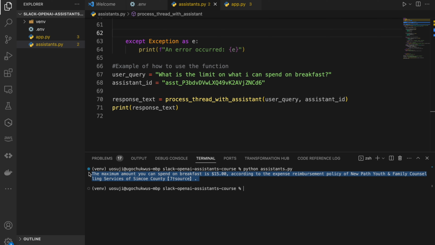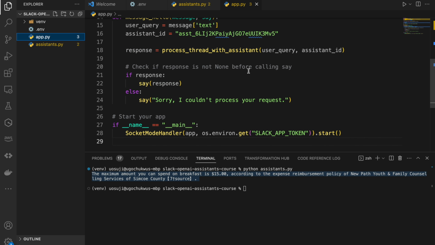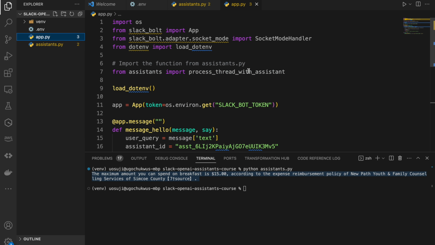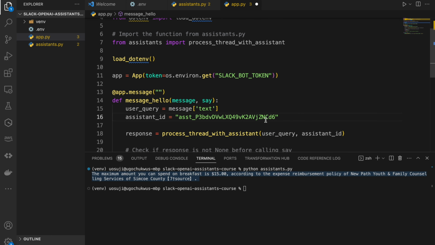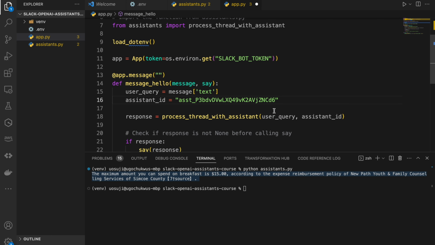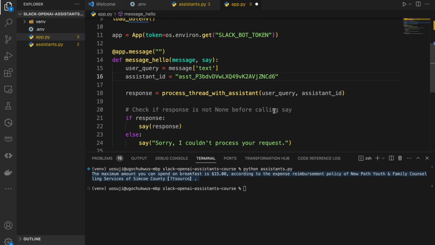So next up, we're going to be using this in Slack. Now with Slack, I have done countless videos here on how to build Slack applications. I'm just using a simple socket mode application here. So in Slack, create an application, get your Slack bot token, get your Slack app token, and we're going to simply go ahead and add that function call inside our Slack message. So you can see our Slack